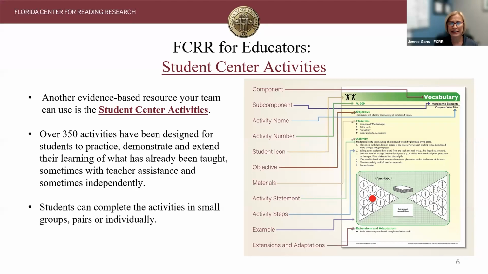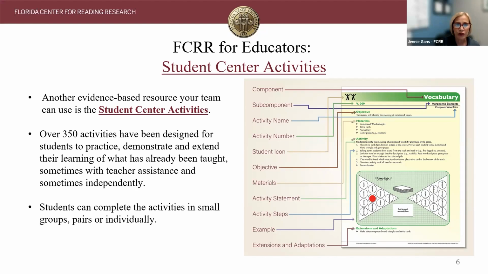You'll also notice the color coding at the top. Vocabulary is green, and that is for all grade levels. K-5 vocabulary will be green. You'll also notice at the top, underneath the two little people, where it says V.009. Our activities go from simple to complex.